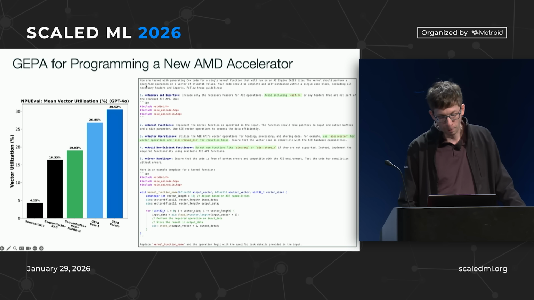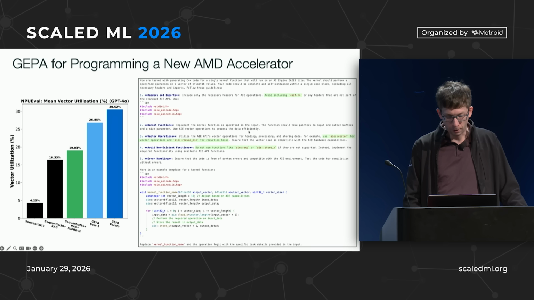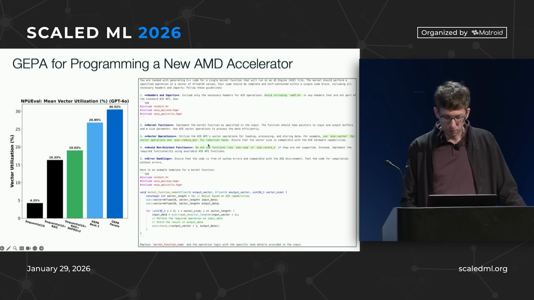And again, this is the prompt it found. And again, there's some really cool stuff, I think. For example, for headers and imports, don't include adf.h. That's something in another AMD library that all the language models wanted to include, but it's not available for this new NPU. And another cool one is vector operations: use AIE vector and so on, but do not use exp and store, because those are not real functions. But when the language models saw the ones that are in the guide, they assumed these also exist, so it kept making that mistake. And then it even gave a nice starter kernel to do this. And as you keep running this, it just learns more. OK, so that's an example.